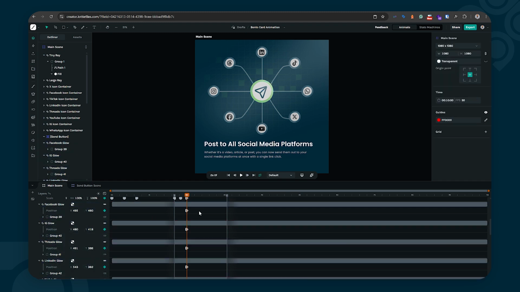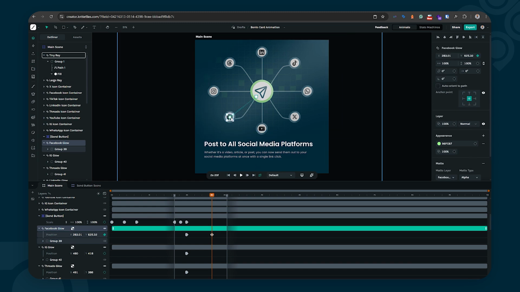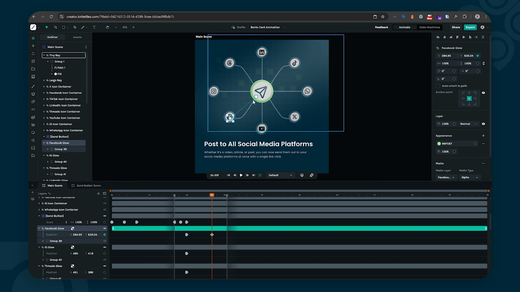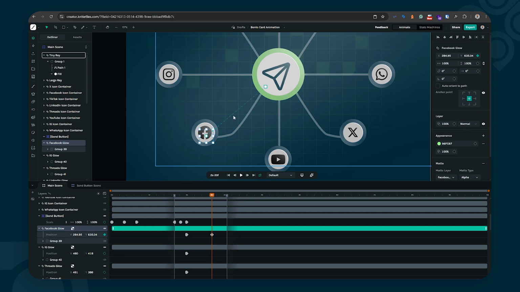Then I'm going to click on an individual glow. I'm going to move 20 frames, 1, 2, to move 20 frames. And for the Facebook glow, I'm going to move it down to the Facebook icon. But if you look closely, we are moving on a straight line. And if I play this back,